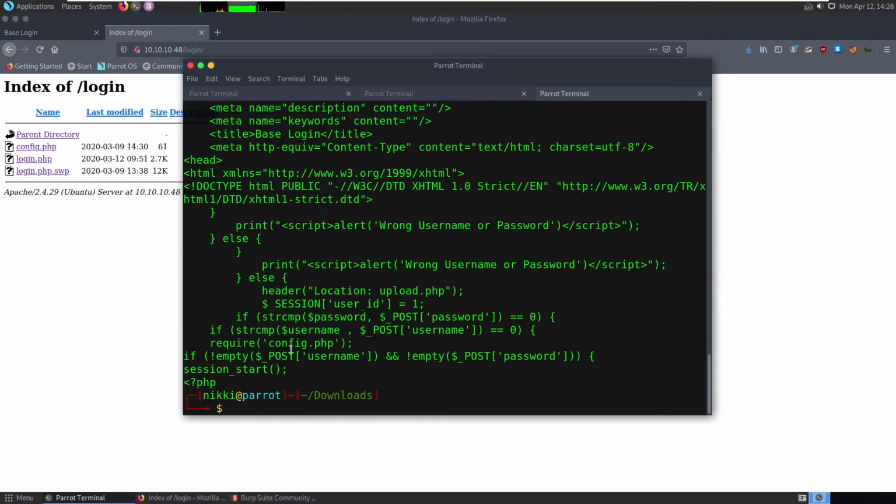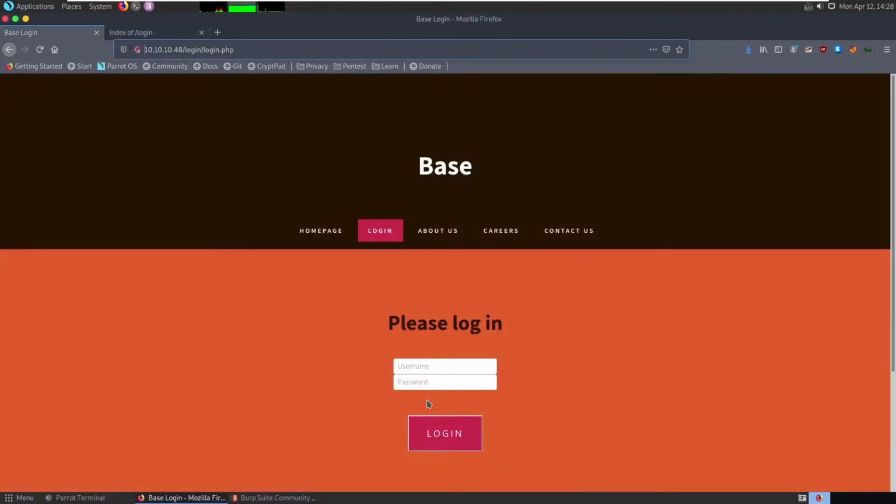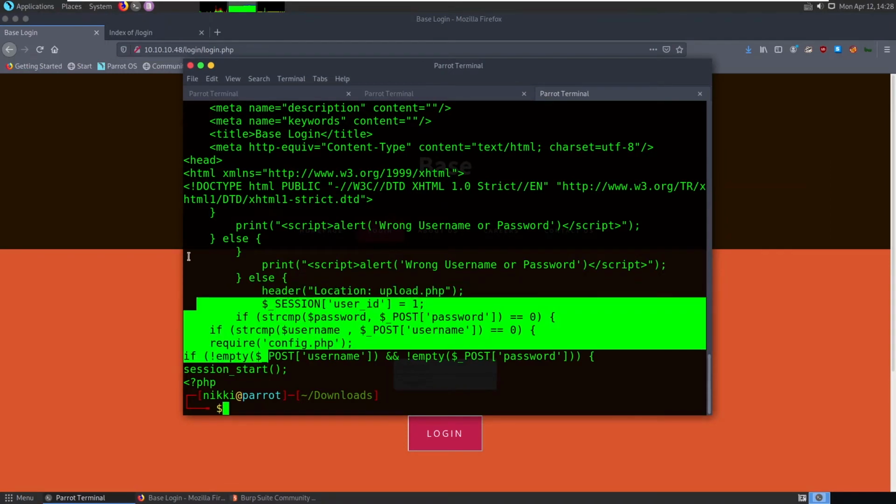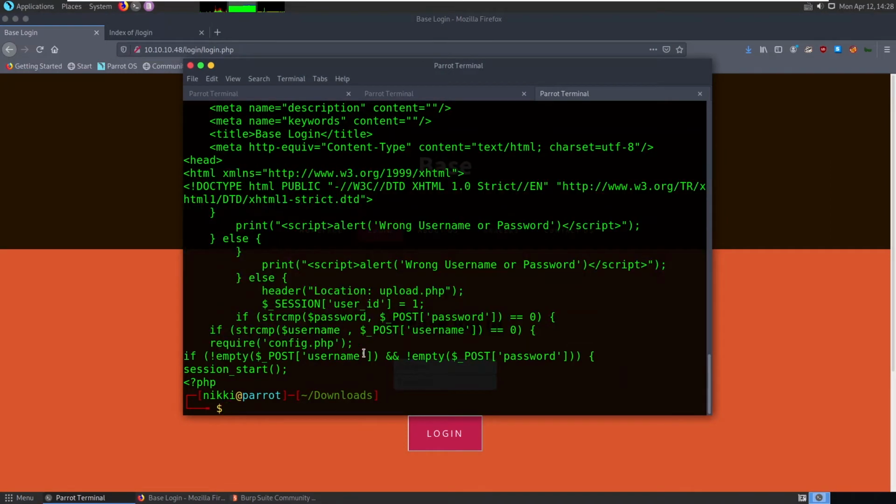After seeing some, you can see here: not empty of username, not empty of password. That means we need to enter some username and password. Then onwards it's going into this loop. So this is actually reversed. First this loop will be executed and inside this will be the other loop. I don't know why it has been reversed.